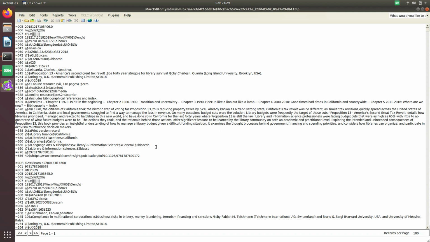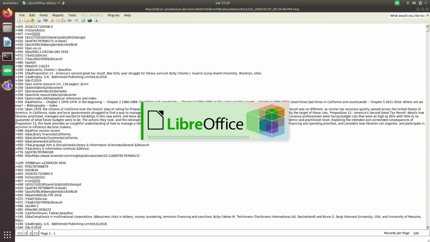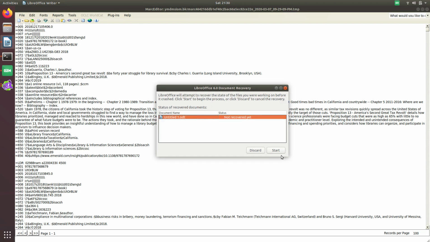Why? Because the publisher or any vendor or content provider does not assume that you are using Koha. So it is as per the international standard MARC 21, and it is cataloged. But since we have to import into Koha, we have to make it compatible as per our plan. So to make this compatible, we have to ensure that our 952 tag with subfields is added before we import.